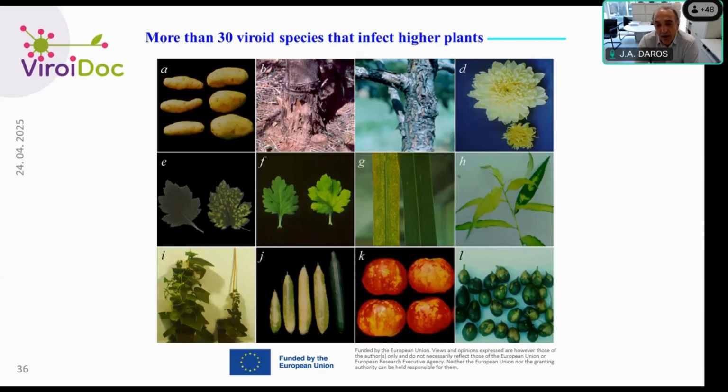Okay, so as I mentioned before, the discovery of viroids and most of the history of viroid research is associated with higher plants. The first one, potato spindle tuber viroid. I will talk a little bit more about this in a moment. Citrus exocortis viroid and some other viroids that, as you can see here, produce symptoms in different crops: cucumber, chrysanthemum, avocado, peach, almond.